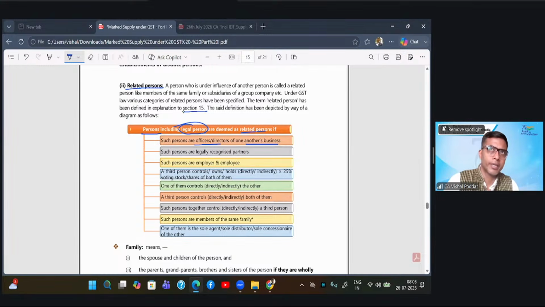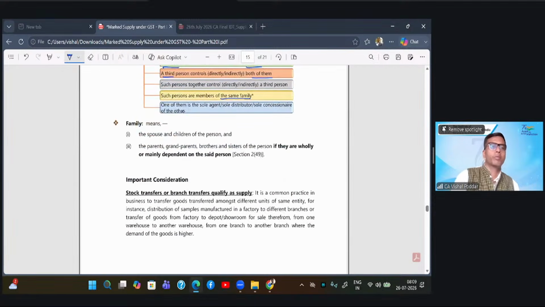So company and director. So if a director gives anything free to the company, it will still be a supply because of this entry. Or they are partners. So firm and partners are treated as related persons. Employer-employee are related persons. Where an outsider is controlling both of you, then both of you are said to be related persons. Where one is controlling another, like holding subsidiary, or a third person is controlled by both of you together. In all these cases, you two are treated as related persons, and then it says members of the same